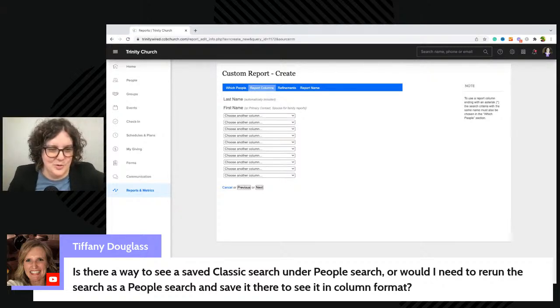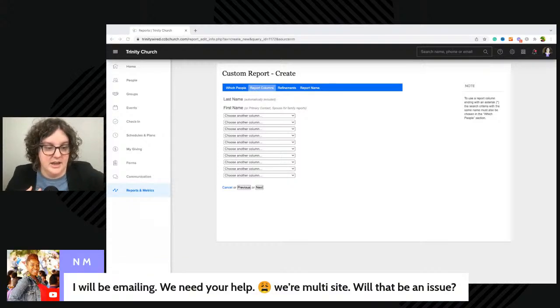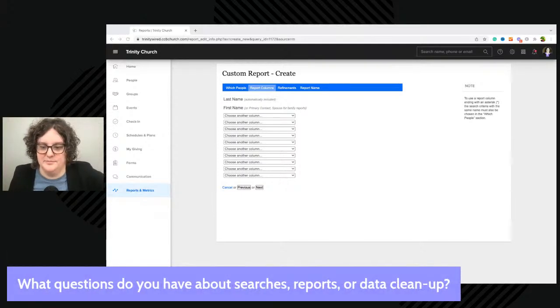So that's kind of a workaround, but unfortunately, Tiffany, right now you can't. Hopefully they're going to migrate that over pretty quick. Nope, multi-site's not an issue at all. It's a great question. I'm a part of just a one campus church, but I have worked with a multi-site church before. It makes it a little more complicated, but totally want to help with that.